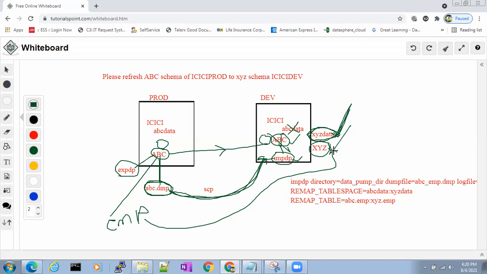One little doubt. Can multiple users use the same table space? Obviously, they can use, no problem at all. So then ABC and XYZ tables can be in the same table space, right? It depends on the business requirement, basically. For example, there is a user who has very little data, a small amount of data. You can share the table space with that user.